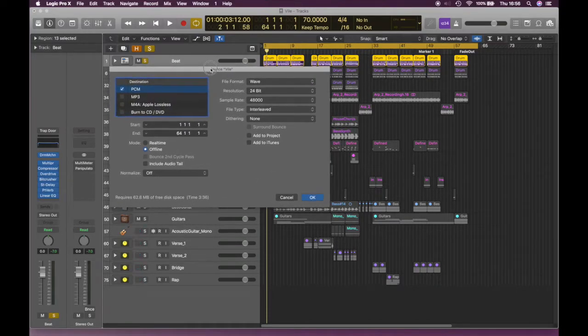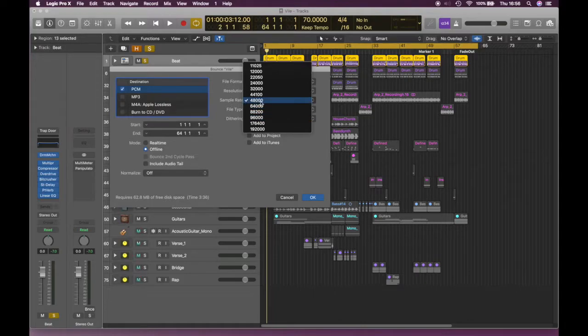Because we don't want to lose any of our resolution, I'd go with whatever sample rate your project is. Sometimes I work up into the 96 region, but generally I stick to 48,000 to allow for that frequency range. Stick to 24-bit resolution. If you're working in 96, I go for 32-bit float,